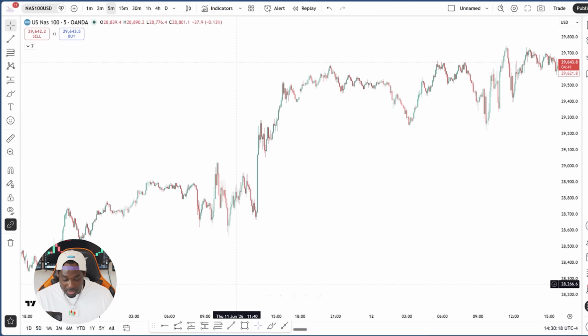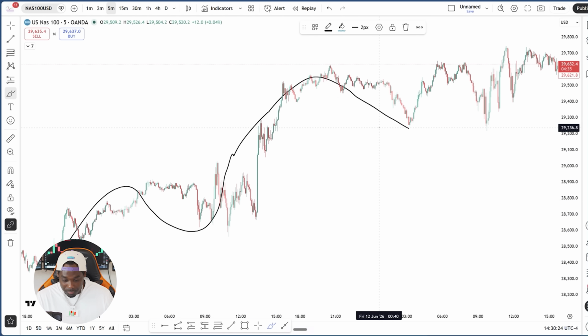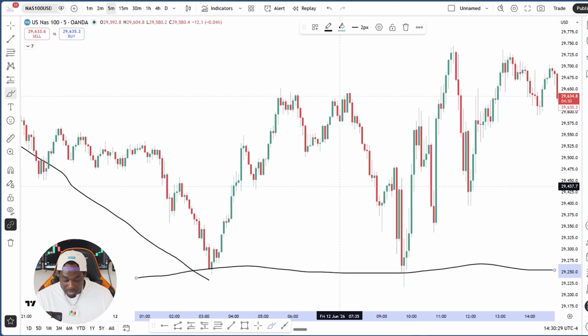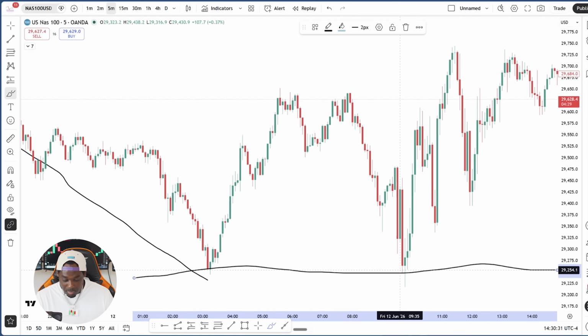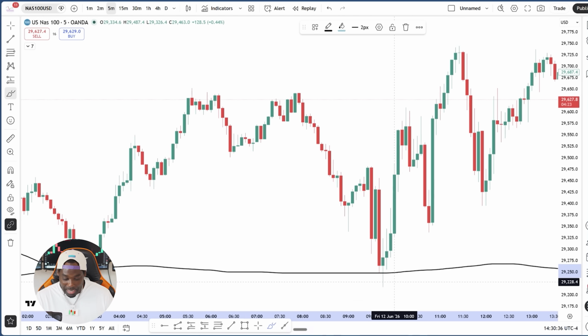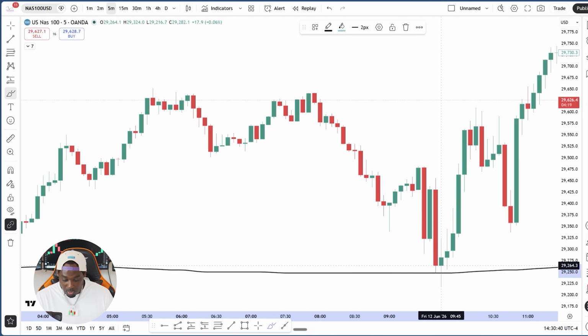All right, so here's a good example. This day I was looking for longs because we had a nice pop to the upside. So we have support right here, so I'm looking for reactions around that support level, right? Now, we went down to this support level right here, okay? And then we actually had a nice reaction around that level. You see how we have this wick, okay? So that to me is a good signal for me to say, all right, we have a nice rejection,